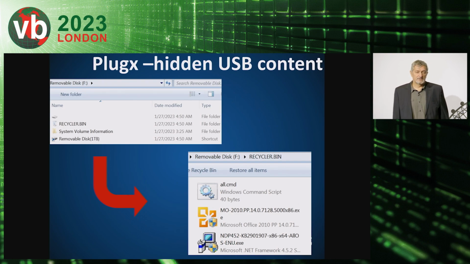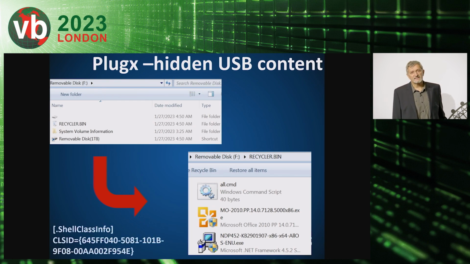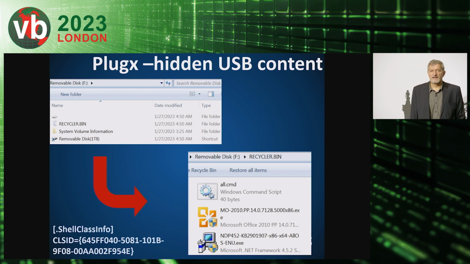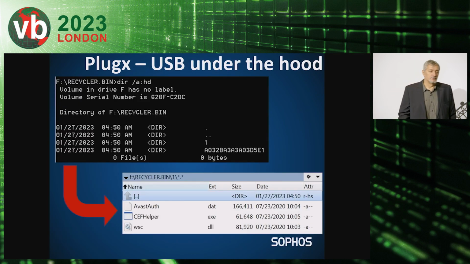Looking at the recycle bin directory, you would see a handful of innocent files. This is part of how this PlugX USB worm is hiding its main content. It has a setting in desktop.ini which will instruct Windows Explorer to treat this directory as a recycler directory. So instead of the physical content, Windows Explorer will show the files that have actually been deleted from that system. So you need to use a more resilient method like the Windows command prompt to actually look into the directory,